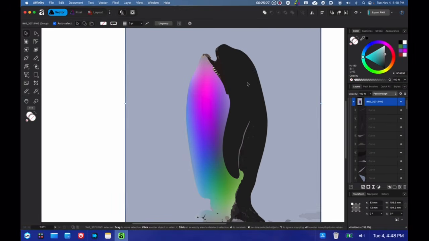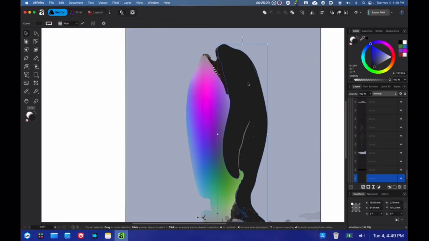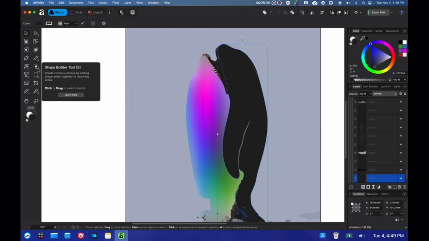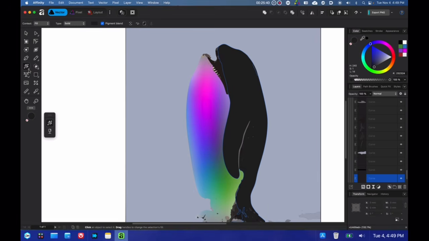Now, for anybody who could help me, there is another gradient option that I don't know. Like, I'm not sure how it works. I believe this was a new feature for Affinity 3 as well. So if I take the gradient tool and go to hatch, there is now a hatch gradient.